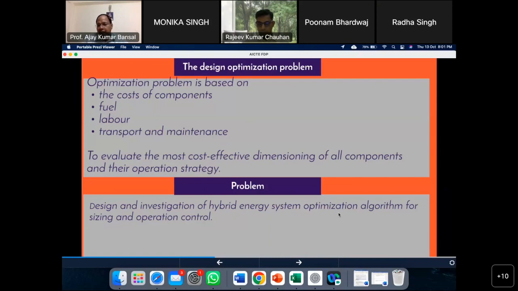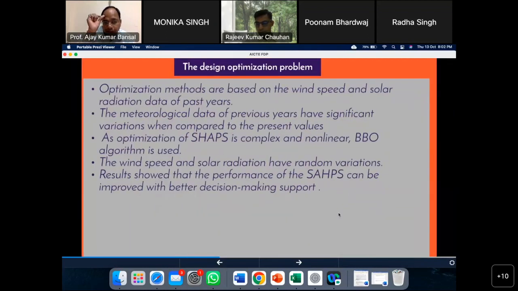We want to design a minimum cost system by designing the size of the various components, and then how that system will be operating also has to be designed. So the problem is the design and investigation of a hybrid energy system optimization algorithm for sizing and operation control. We have to use an optimization algorithm for sizing of the hybrid system. The optimization methods which we will be using will depend on the resource availability,